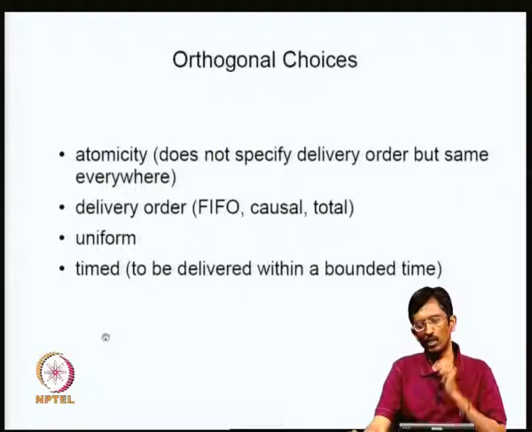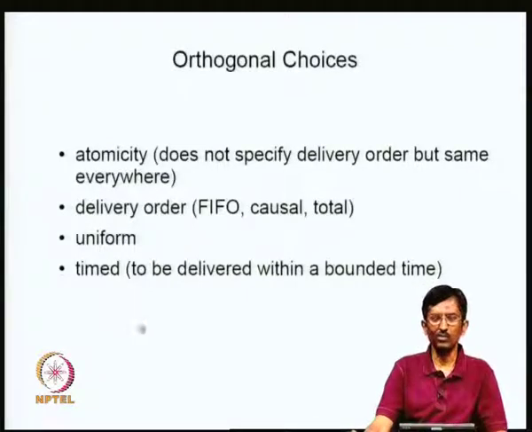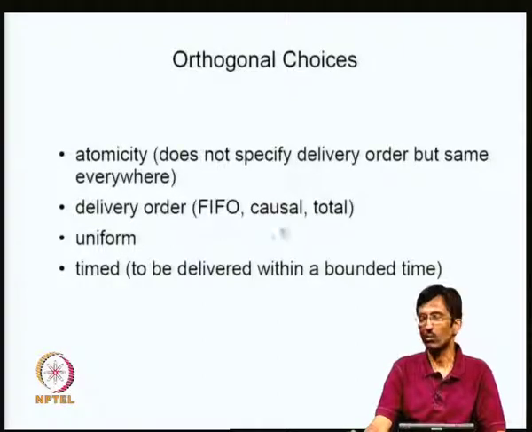Different designers have played around with various aspects of this, and each one of them has certain difficulties. For example, dynamic uniform is far more difficult. Similarly, causal requires you to keep track of vector timestamps. That's more difficult than, for example, having no delivery order specified. This also requires some kind of synchronization. So, there are various levels of difficulty in all these models.